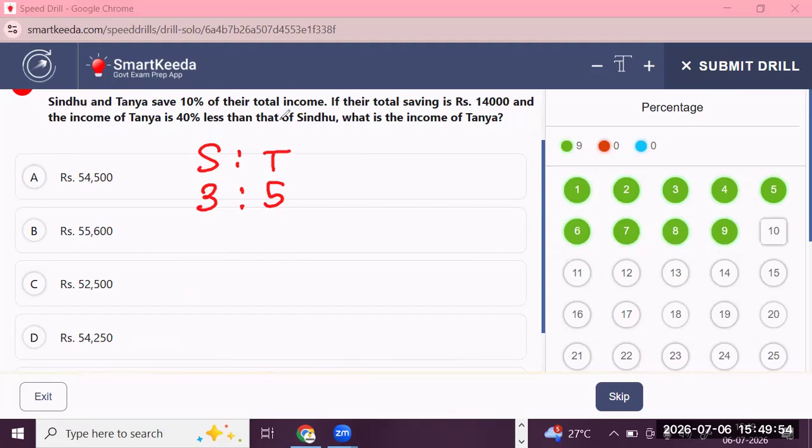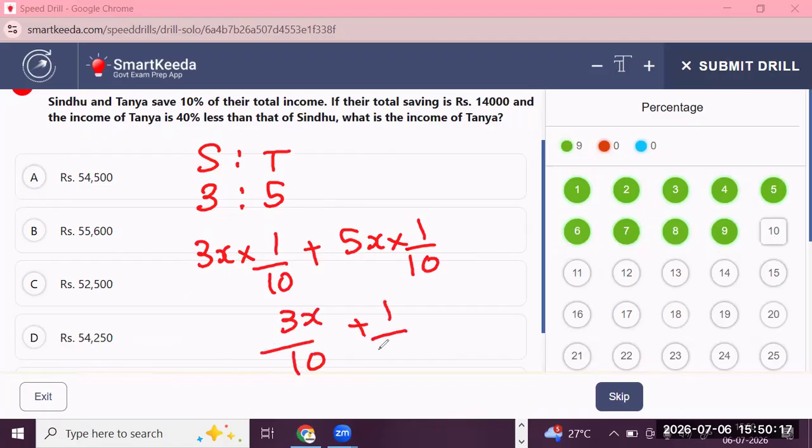What is the income of तानिया? अगर इसका मैंने 1/10 सी, तो इसका मैंने 1/10 सी, 3x/10 प्लस 1/2 x को यही कर सकते हैं, हम लोग यही कर सकते हैं, तो वही आएगा। If the total saving is 14,000